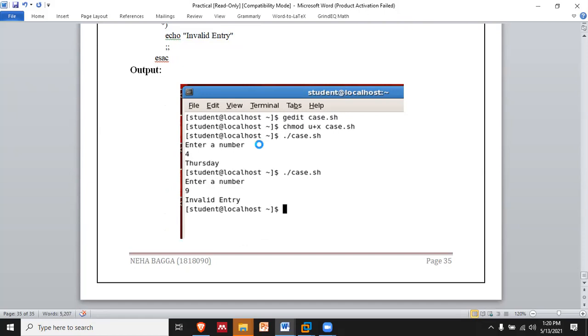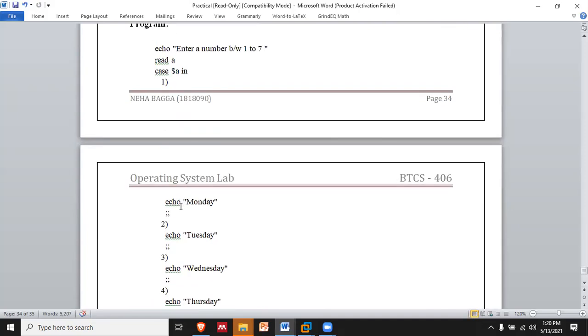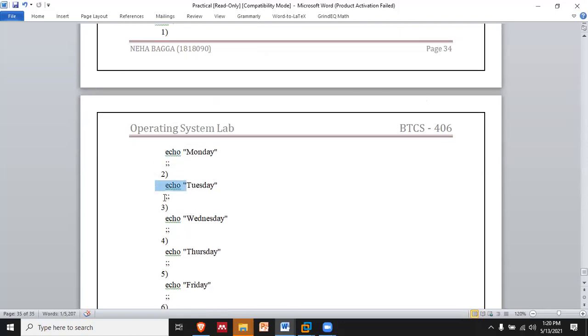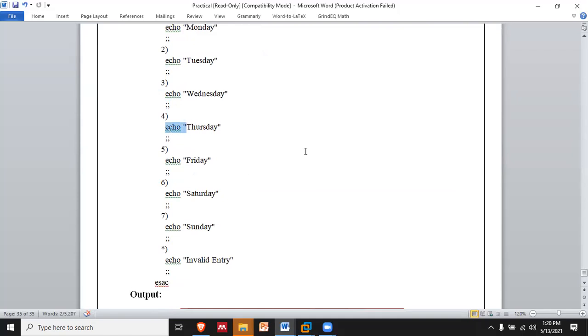Now, don't think that this is the only thing we can perform with the switch statement. Please remember that instead of writing echo, you can have a set of commands. Like for 1, it is going to show you the calendar. For 2, it is going to show you the time. For 3, it is going to show you the list of files. For 4, it is going to show you the directory, right? So you just type ls -lh over there instead of this. So what will happen? That command will get executed.